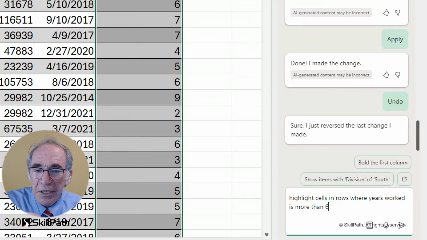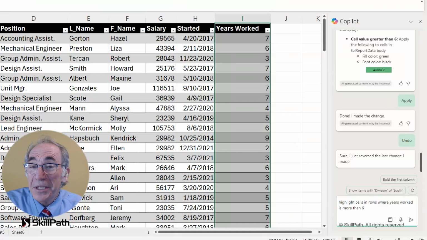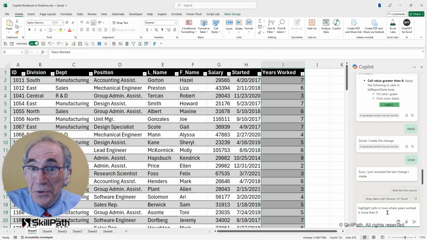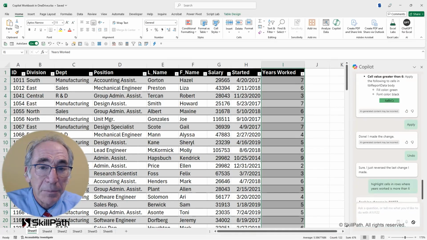Highlight cells in rows. Now, later on, we'll talk about, and you'll learn, that Microsoft has published sample prompts that have been either developed internally by them or recommended by users like you that have worked for them on data sets to which those prompts have been applied.